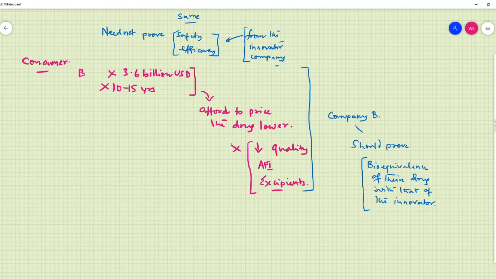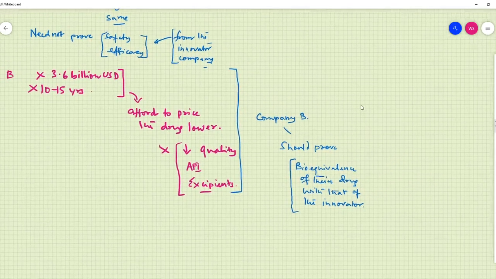Okay, they have to prove bioequivalence. So if bioequivalence is proved,